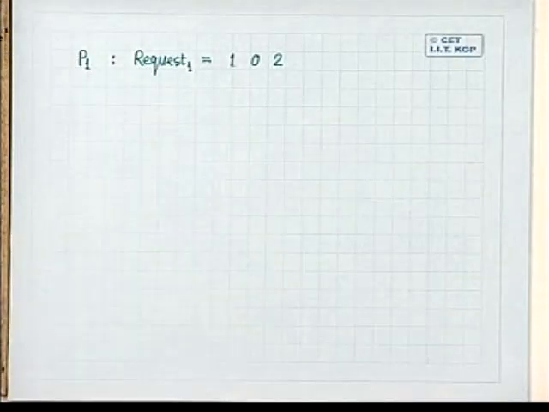So in the current state, which we have just seen is a safe state, process P1 has put a new request for resources 1, 0, 2.